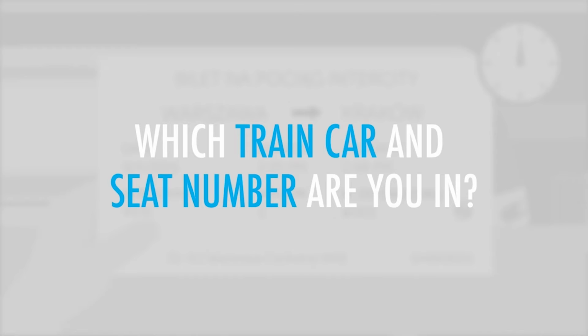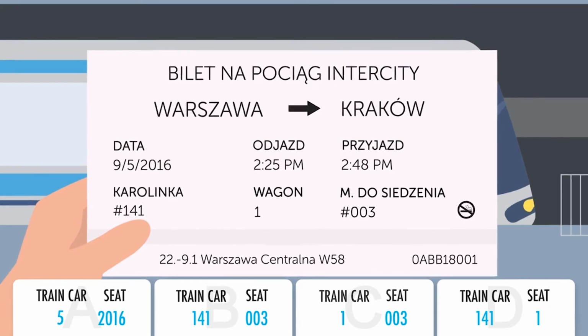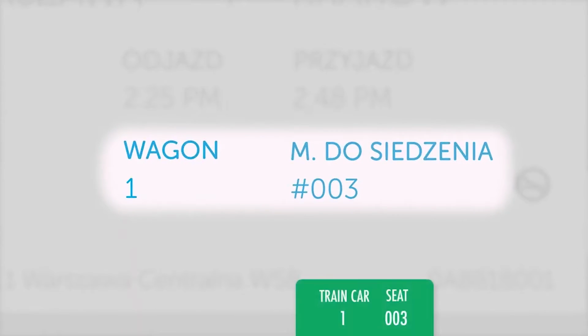Which train car and seat number are you in? The ticket says that you're in train car number 1 in seat 3 next to the window. Wagon pierwszy. Miejsce do siedzenia. Trzecie. Okno.